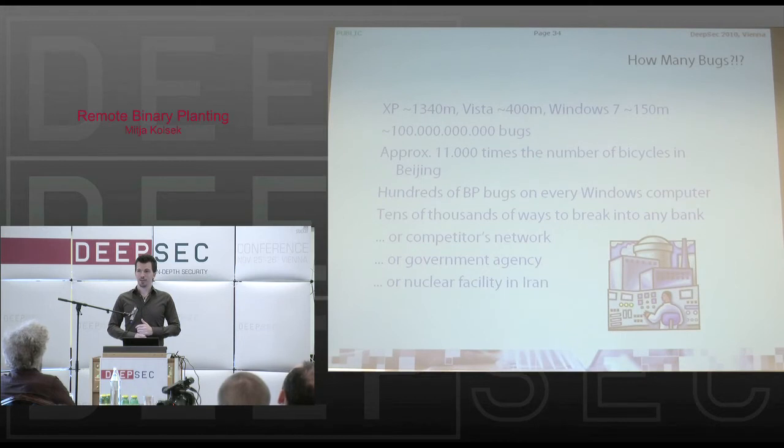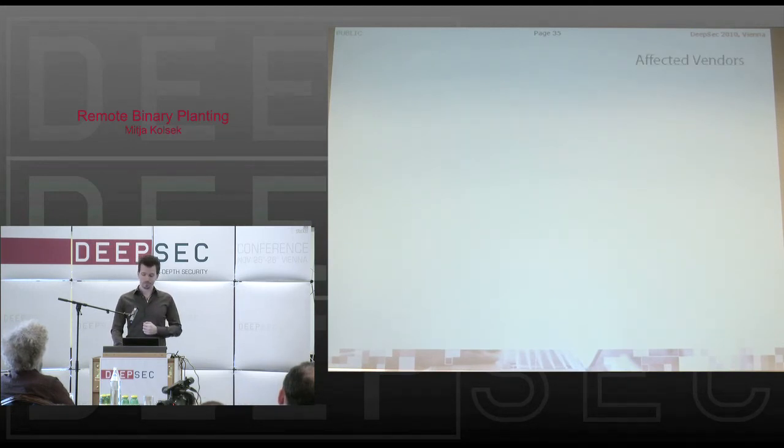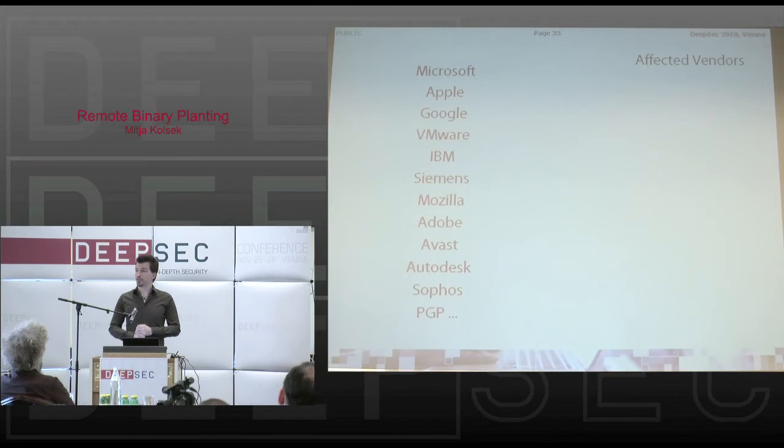That's pretty cool. It's not the first such bug, actually. Remember Nimda? The young ones among you don't, but the seniors do. Nimda was a very famous worm, and it actually used a binary planting bug for propagation as one of the vectors, not the only one.